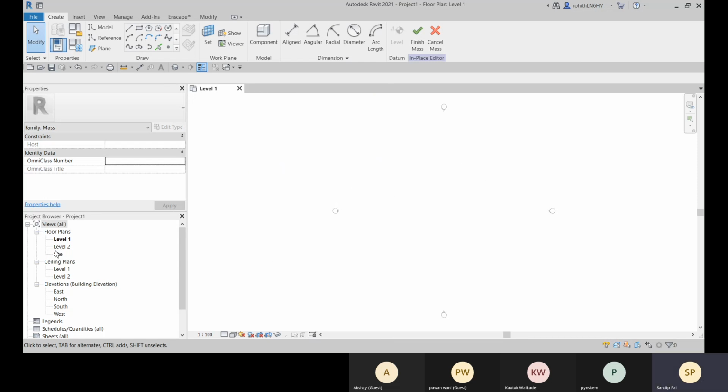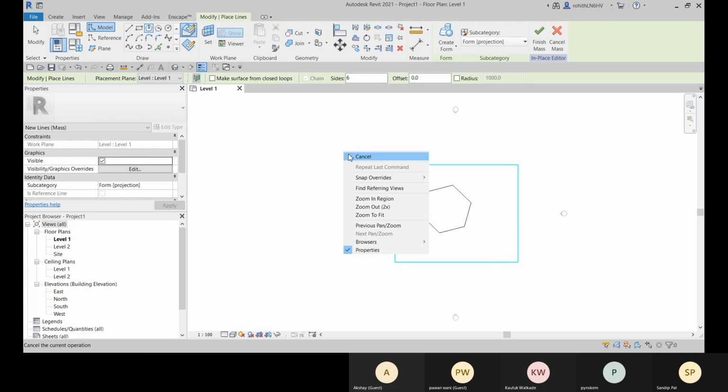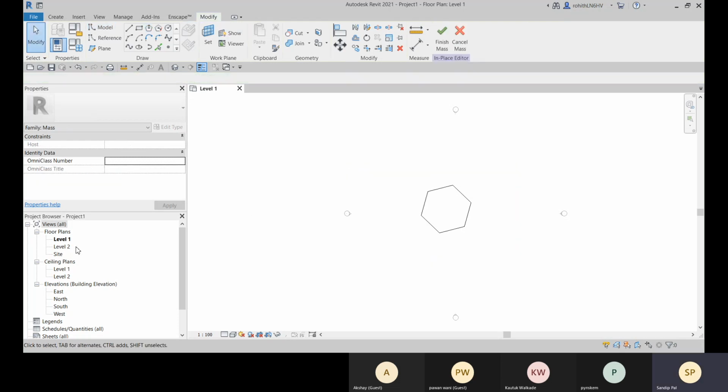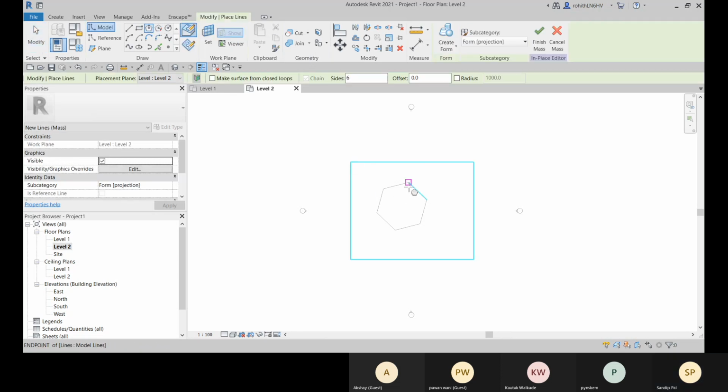Now let me create a mass. I'm going with this simple shape. I will create it on level one. Before finishing it, we can go to level two. Let me choose this same option here.